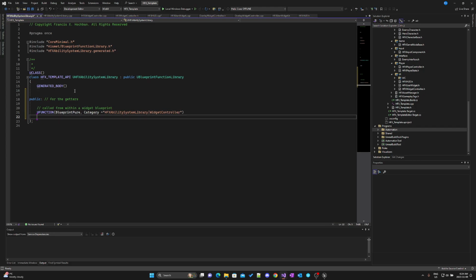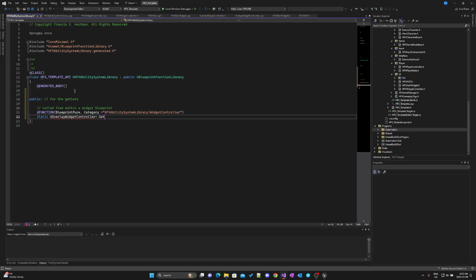Okay, and this function is going to be static and it's going to return a type of UOverlayWidgetController pointer,